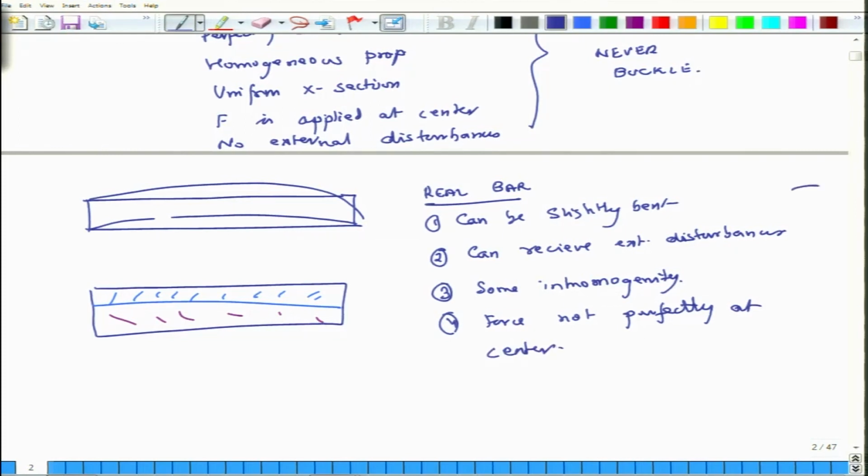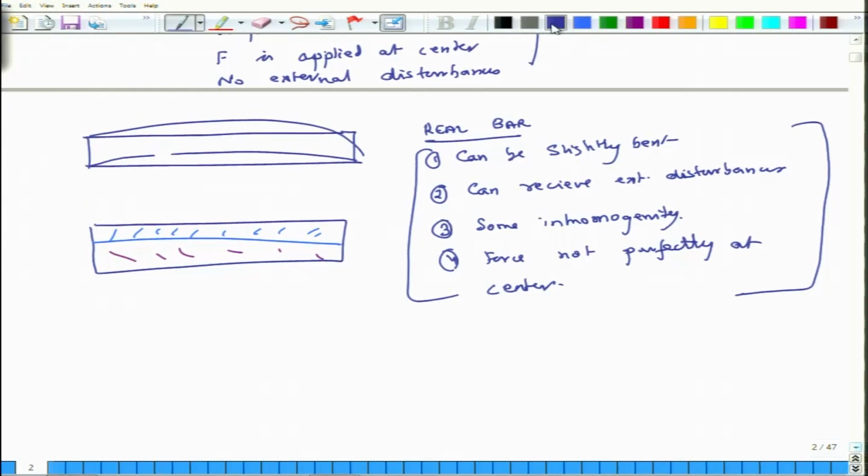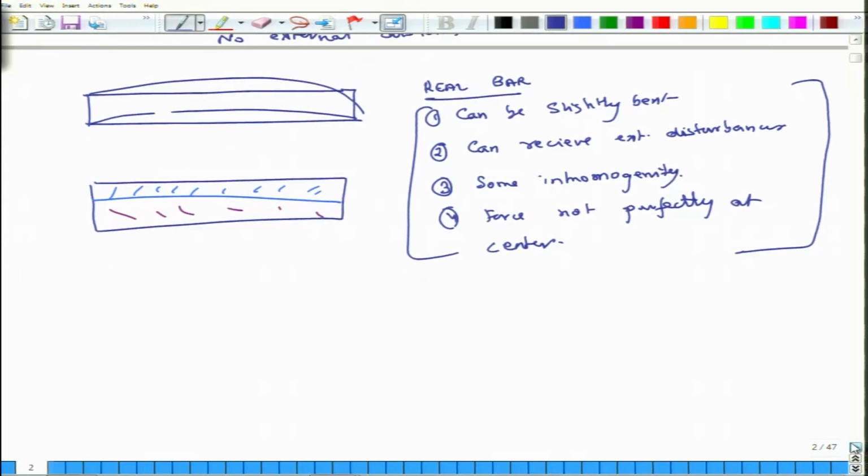So, due to all these reasons, buckling gets triggered. And what do we do if we have to predict buckling? What do we have to do? We have to account for these types of variations. Okay, we have to account for these types of variations, or a better approach could be,